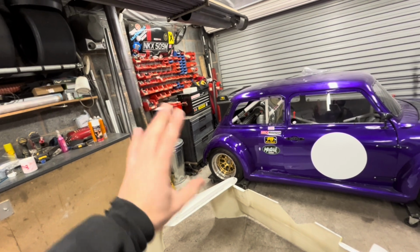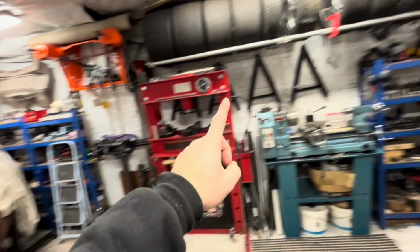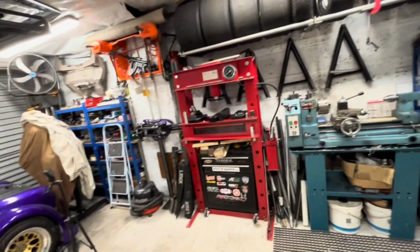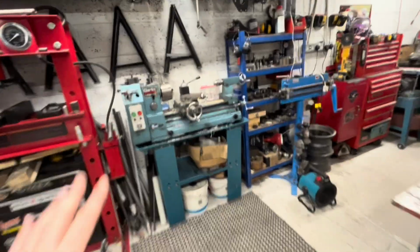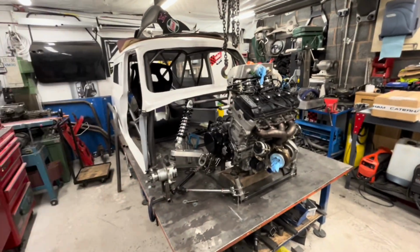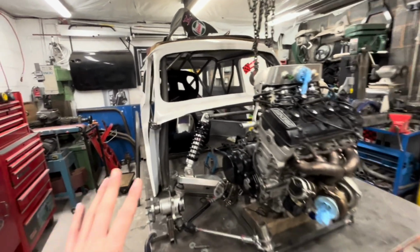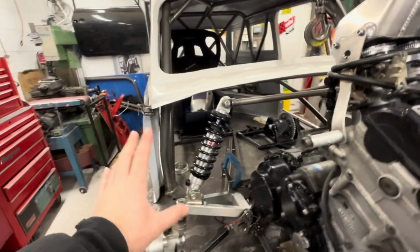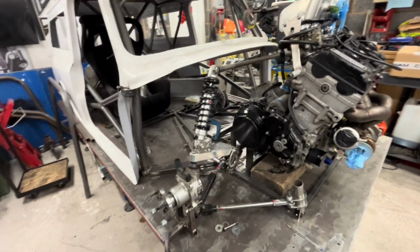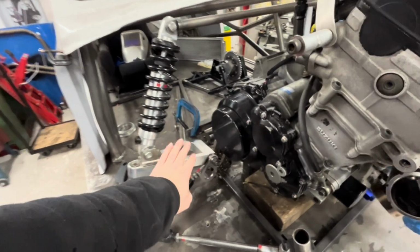So the new lathe might have to go there. Then these boxes may have to move to here. So yeah, that's a bit awkward at the minute. But with this, what I'm working on at the minute is just some positioning of shocks. Now these shocks can be smaller because Tim at ProTech will make me whatever I'm looking for. So what I need to work out is definitely finish positioning these